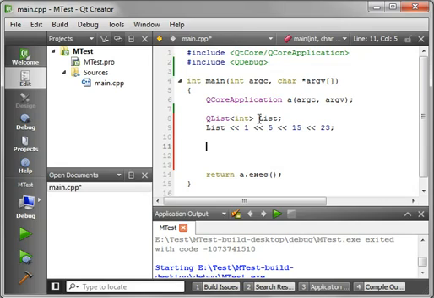Now what we want to do is search that list and find a specific number. Now I know you're thinking, well, I can just do a for loop and figure out which one it is, but there's a better and a faster way, and it's called qFind. But to do qFind, we've got to deal with the const iterator, and I'm going to show you how to do that. So say QList int,